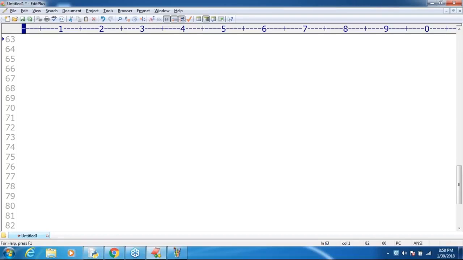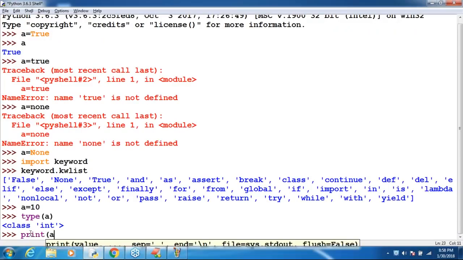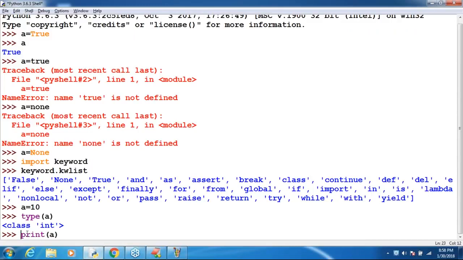Before talking about these things, you should compulsorily be aware that Python provides some inbuilt functions. I already started using these, but whether you observed or not, I don't know, sir. If I open Python and directly ask print of a, what is this print?